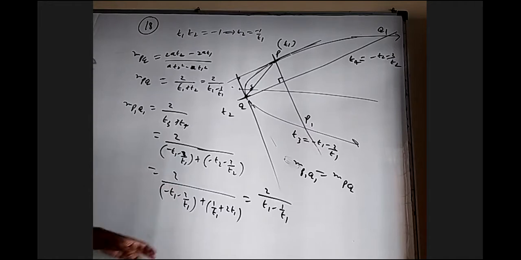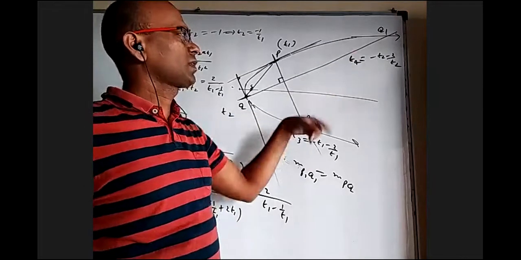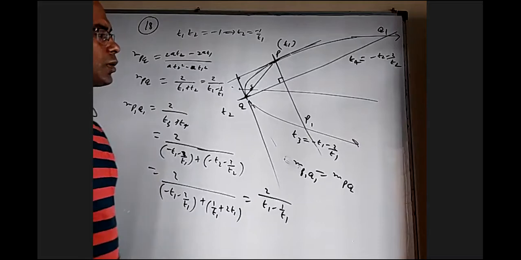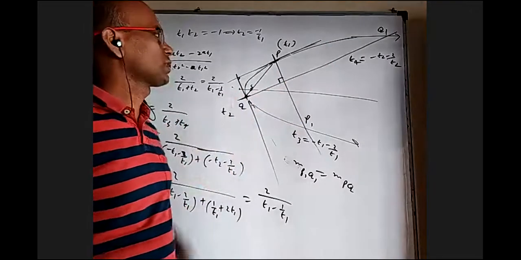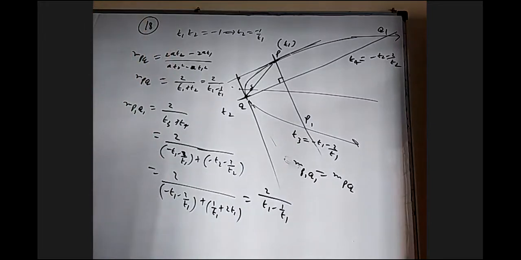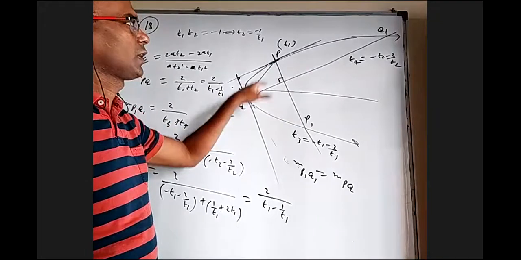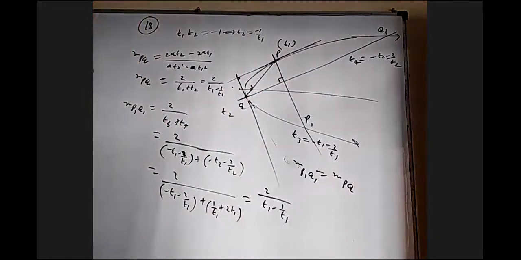Without all these things, I can directly add 1/T1 + 1/T2 and take the LCM also, I can do it. It's okay. Now, how to prove the relation between this length and this length? What is the relation? I don't know this point. If I knew this ratio, the section formula also would have helped me. If you want to use the normal distance formula, let us see what happens.